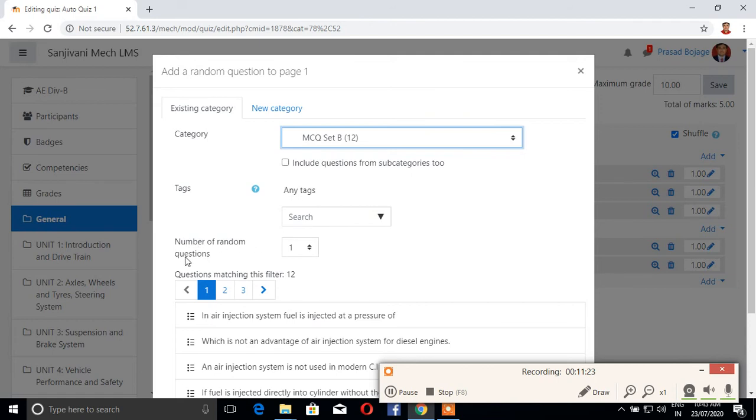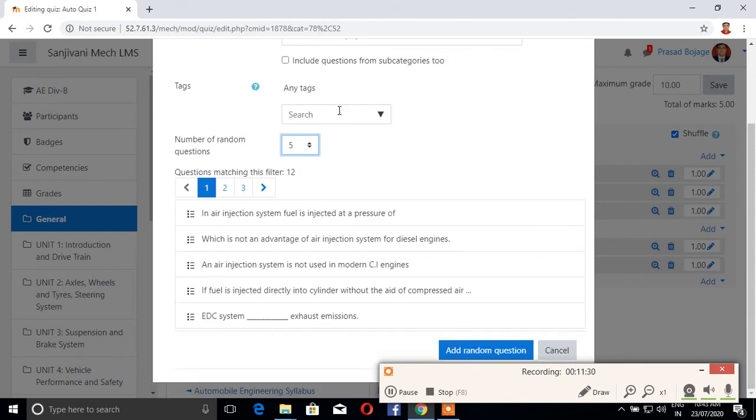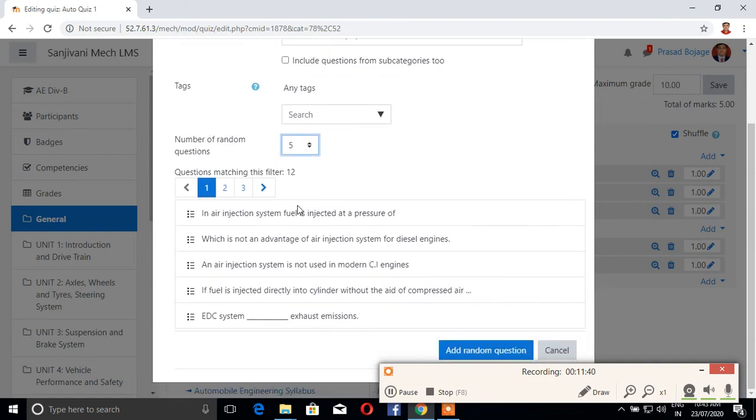So, number of random questions, here I will select 5 numbers, right. So, the meaning is what? From MCQ set B, which is having total of 12 questions, any 5 random questions will appear in the quiz. So, again I will click on add random questions.